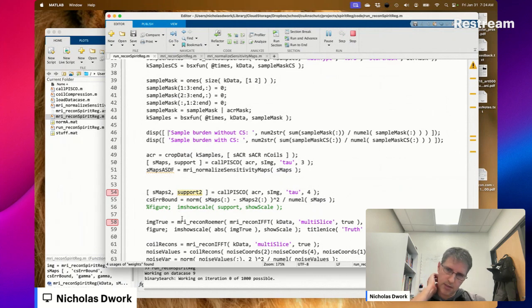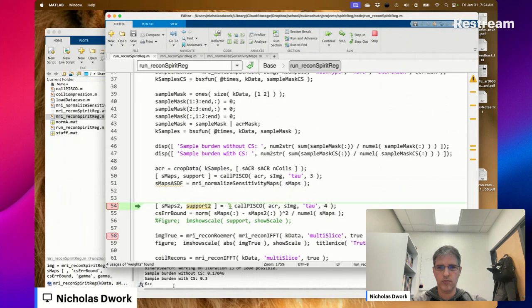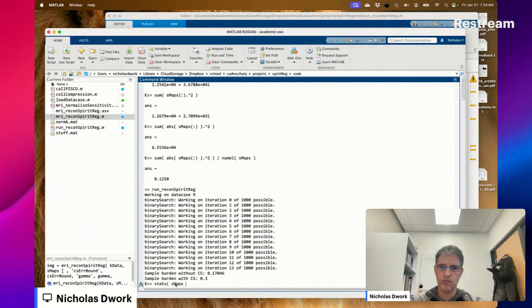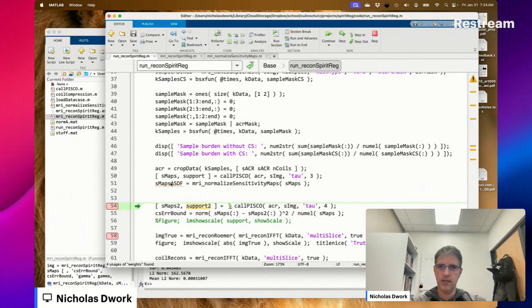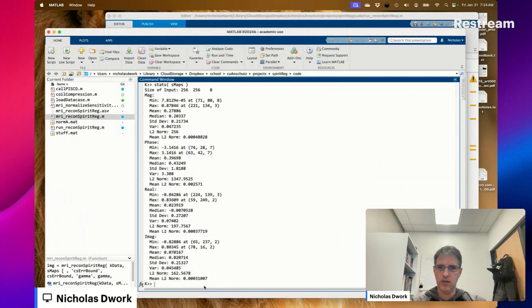Let's see if they're different. So the magnitude goes from 0 to 0.88.